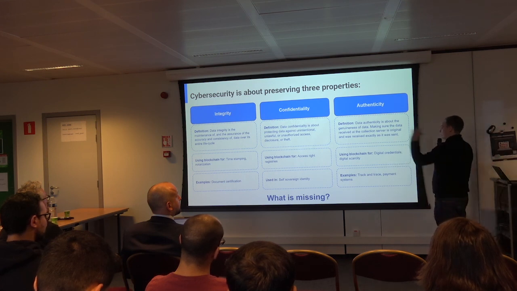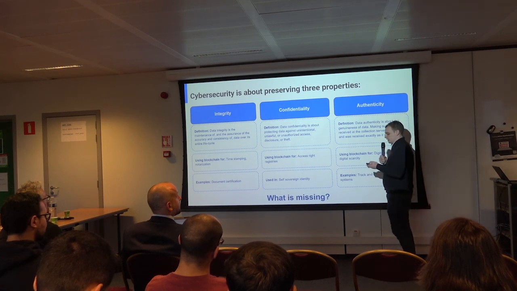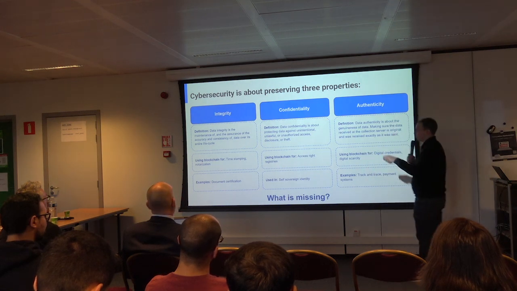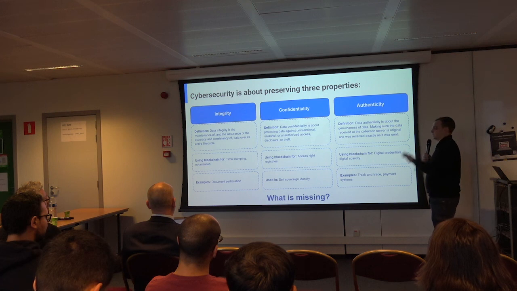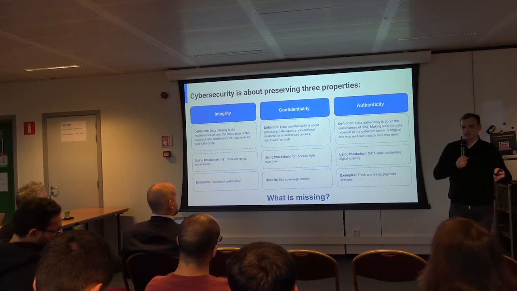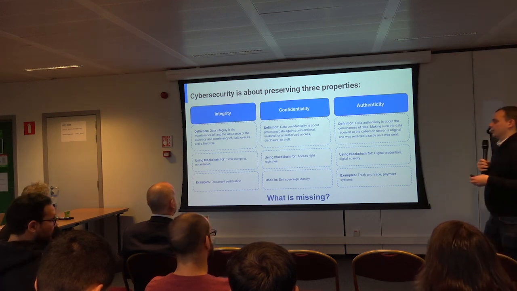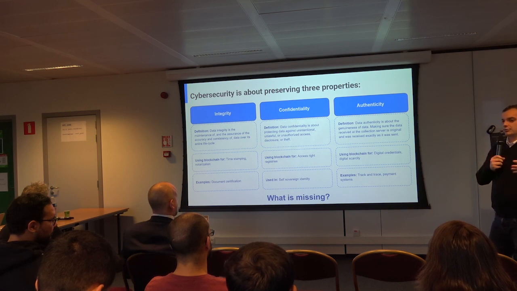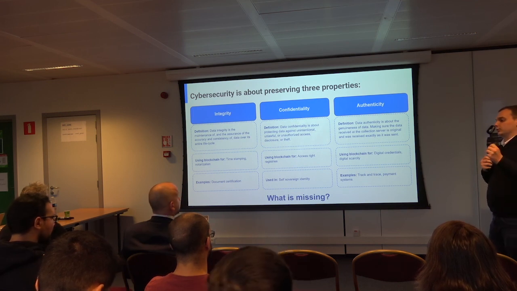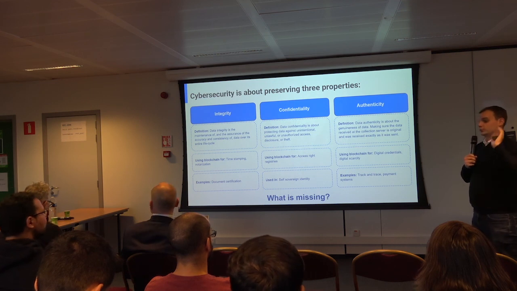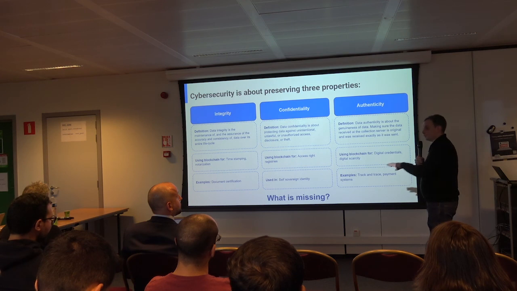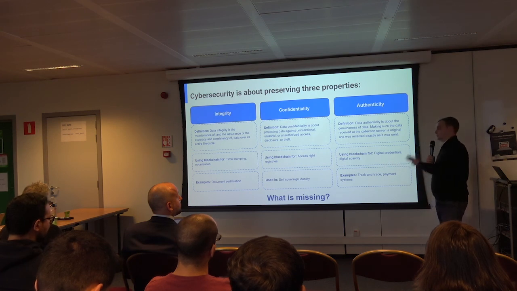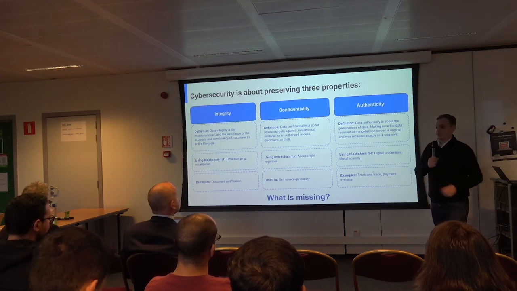Then we have other examples. I think that confidentiality will probably be the one where we struggle the most finding specific use cases, because the only one that is currently out there is that you can create access right registries using a blockchain, in order to give access to specific data to some people and deny access to others. This is used, for example, in self-sovereign identity. This is a very strong component of self-sovereign identity.